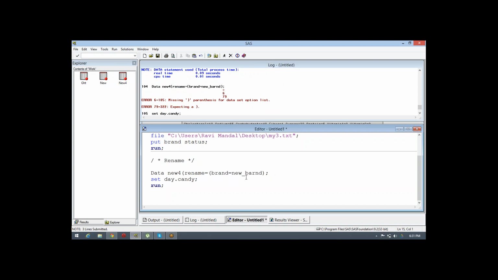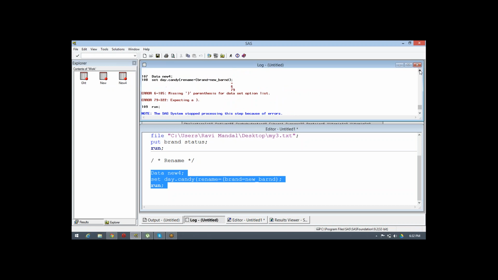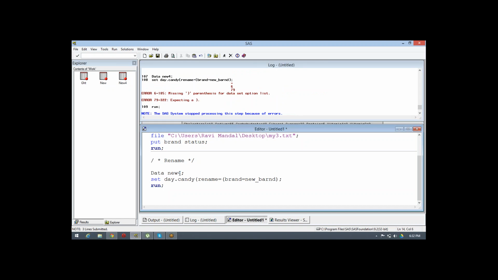No, that's not a problem. The problem is, before rename we have a bracket, rename brand, but what is happening is we are extracting data, and nothing is there in the particular set.